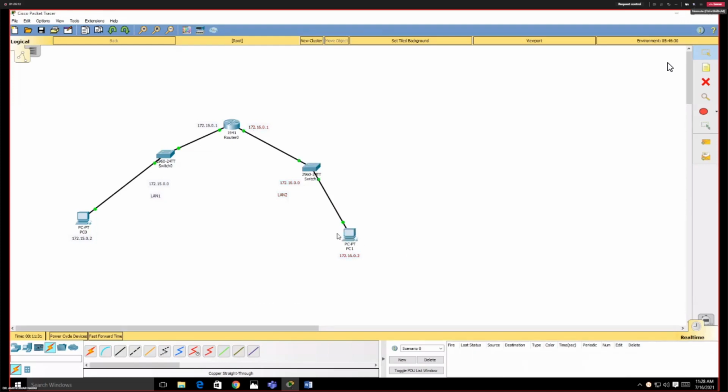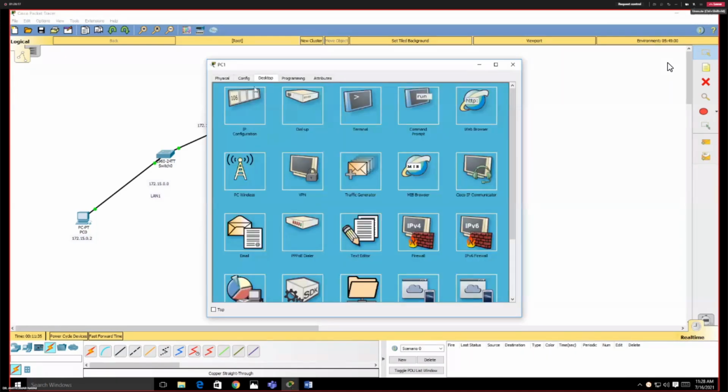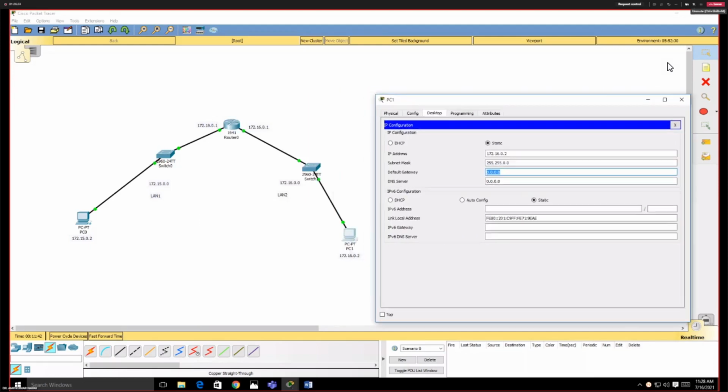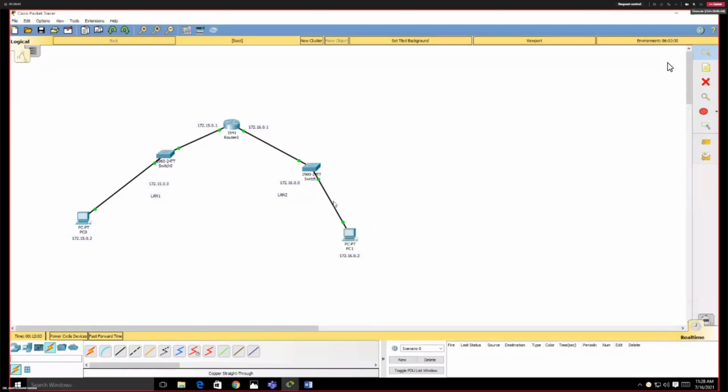So now I am clicking on a computer which is part of LAN 2. I'm accessing the desktop menu, then the IP configuration part, and I have to assign the default gateway address for the computer in LAN 2. So the default gateway address will be 172.16.0.1, and the DNS server IP address I can assign the same, 172.16.0.1. So now